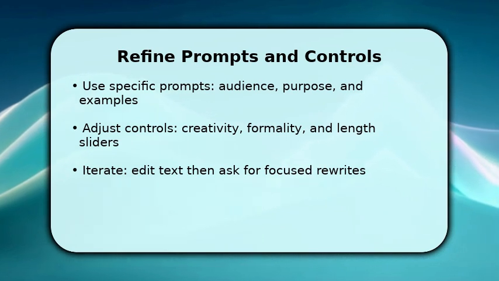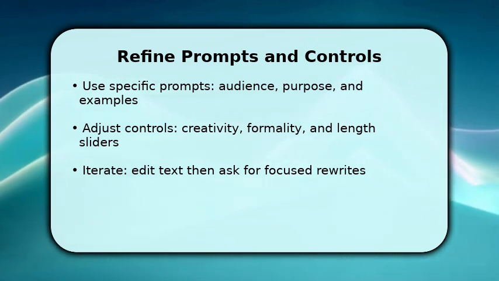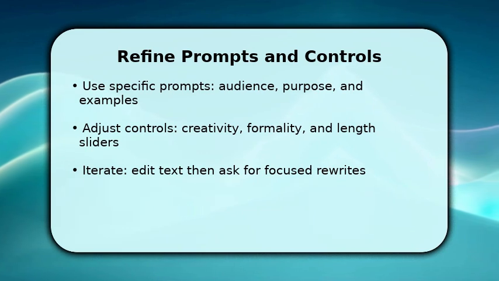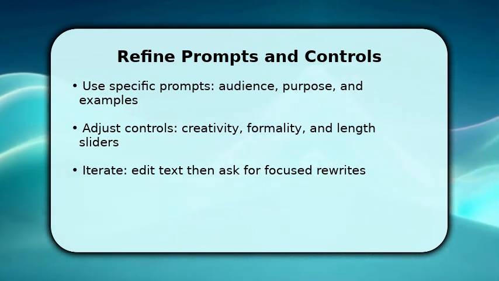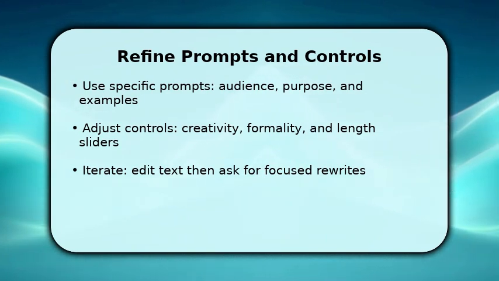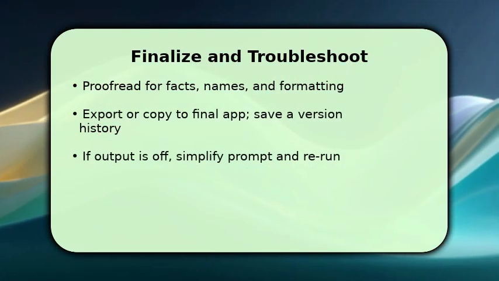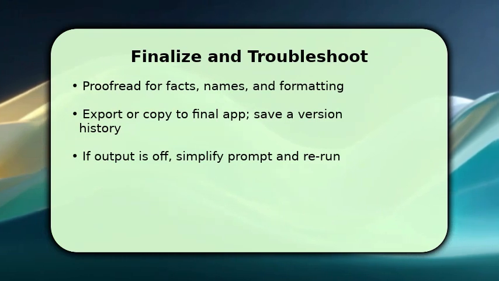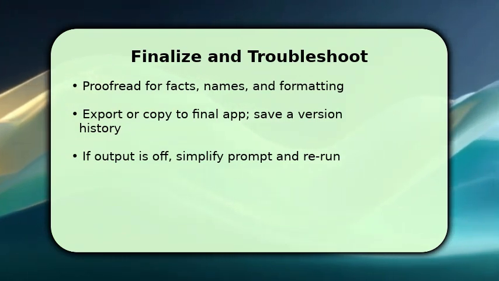Once the draft appears, edit a paragraph and ask for a targeted rewrite. This preserves your intent while leveraging AI strengths. Repeat targeted iterations. Finish by polishing and securing the output. You should proofread for factual accuracy, proper names, and formatting, then export or copy the final text to your destination